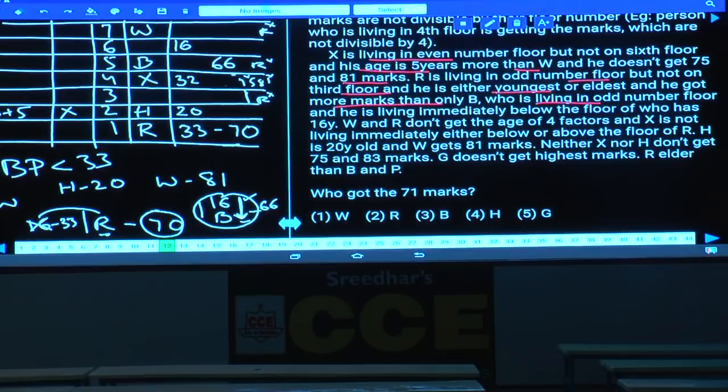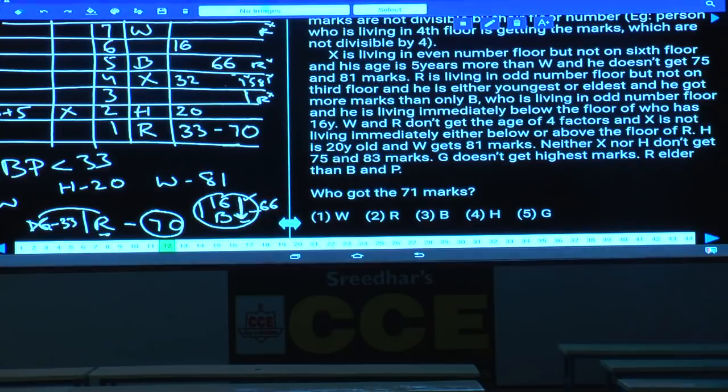As W is on the 7th floor, W, B, X, H and R, then who is the person left over here? G. And G does not get the highest marks. What is the highest marks here? The highest marks among these is 83. As this G does not get 83 marks,